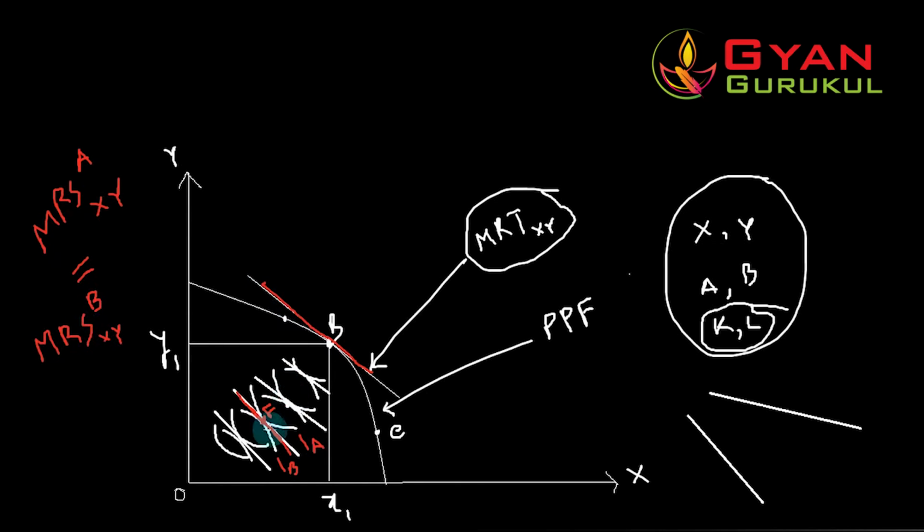The second point is that at point F and at point B, when we draw the straight line to find out the slope of the curve at that particular point, both the two curves are parallel, which means that the slope at point B is equal to the slope at point F. And we know that at any point, the slope of the production possibility frontier is called the marginal rate of transformation between x and y, right?